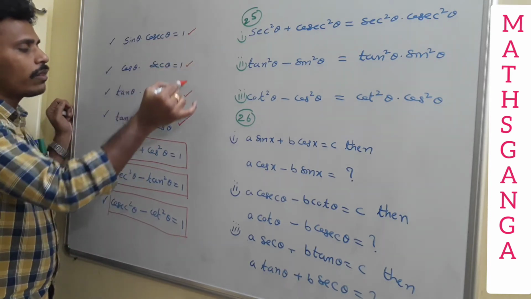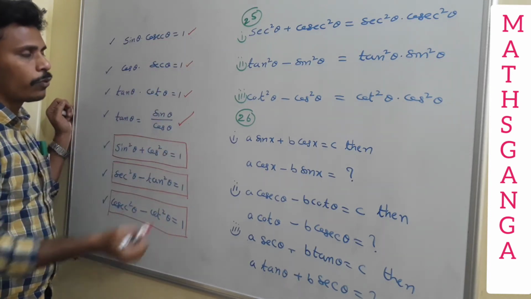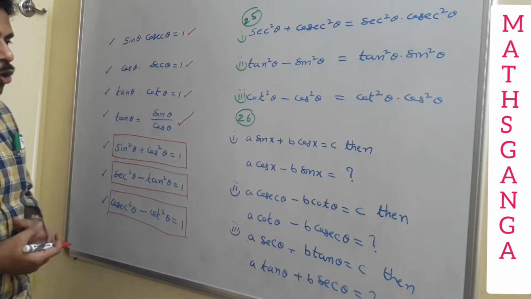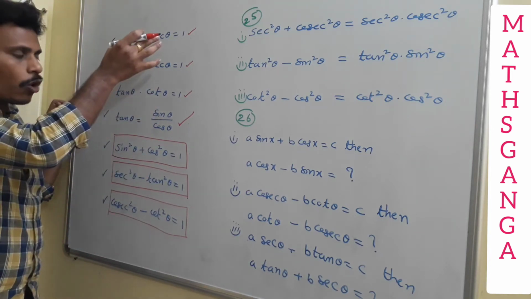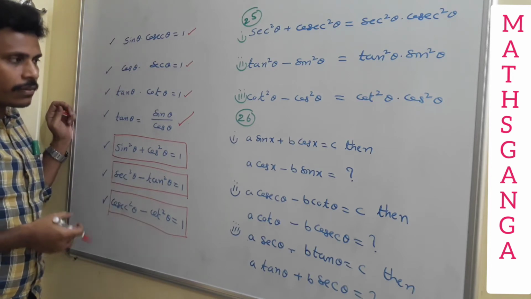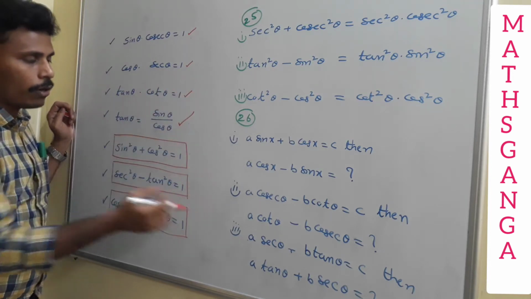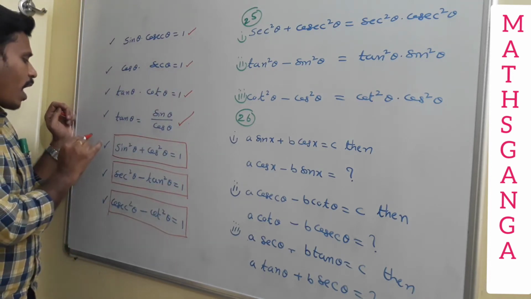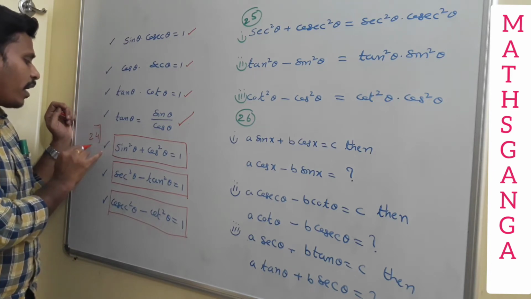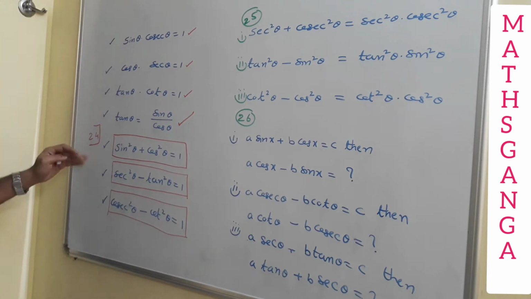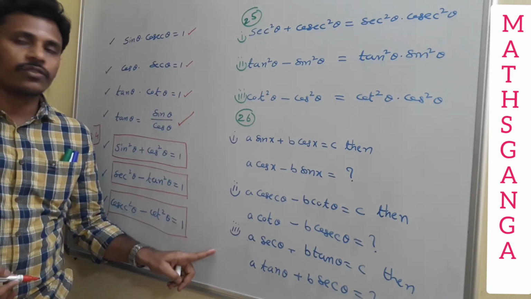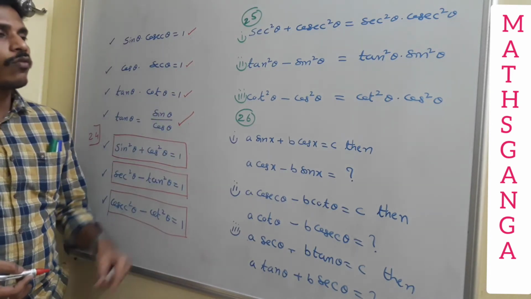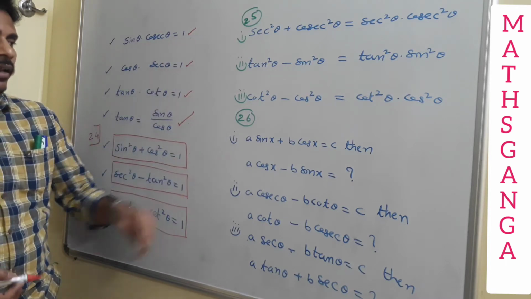We have all these identities in our hands to prove different problems related to trigonometric identities. Now I think you all practiced these identities, and I am going to solve these problems. In the last class I discussed these three identities as number 24, and now I am starting these proofs with 25 and these as 26. So we are going to prove everything one by one, right?